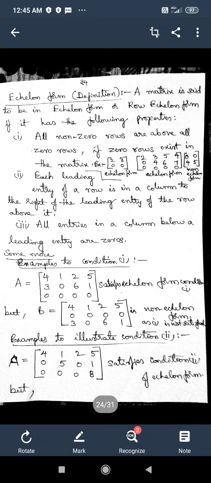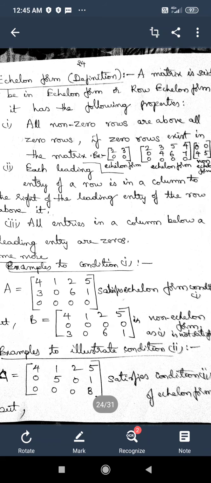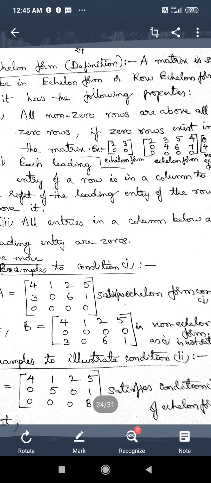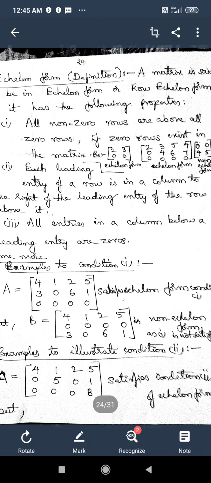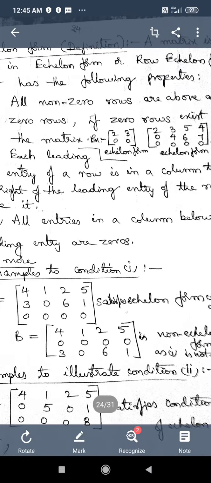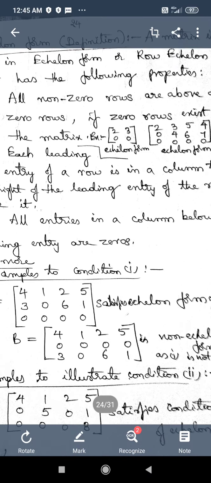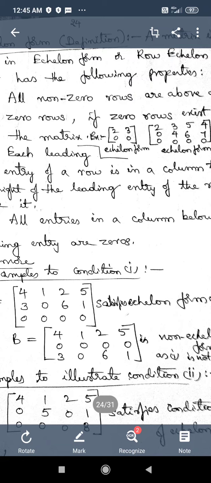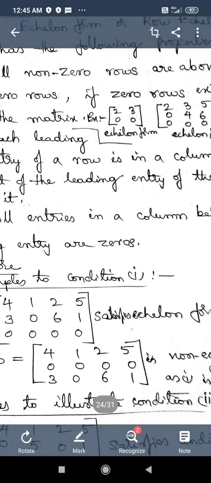That means if in the first row the leading element, which is a non-zero element, comes first in the first column, then in the second row we should have the leading entry in the second column only. And if in the second row the leading element is in the second column, then in the next